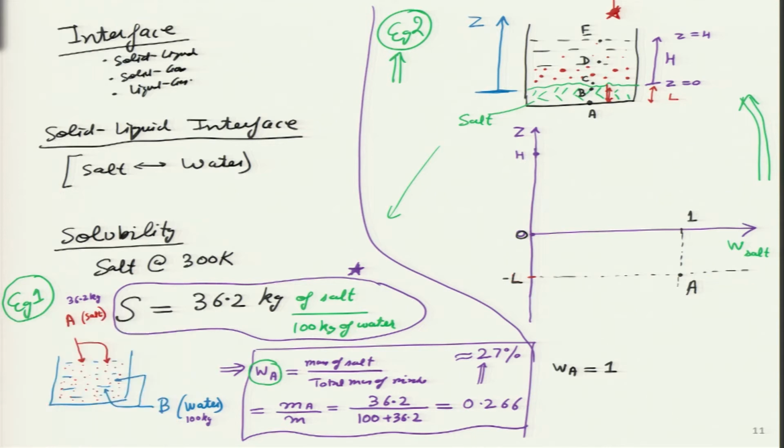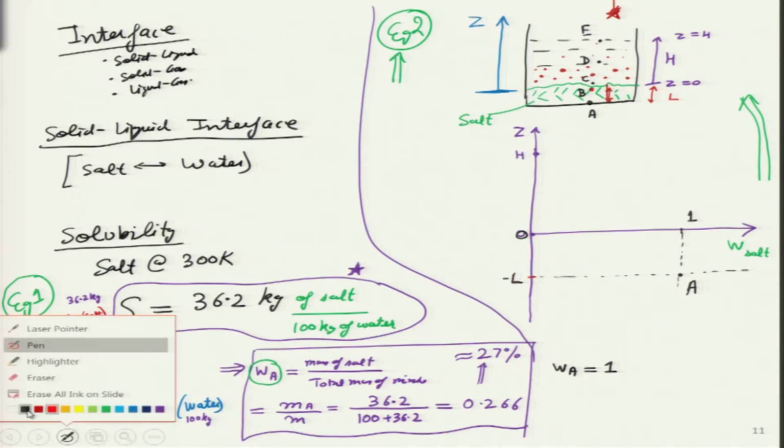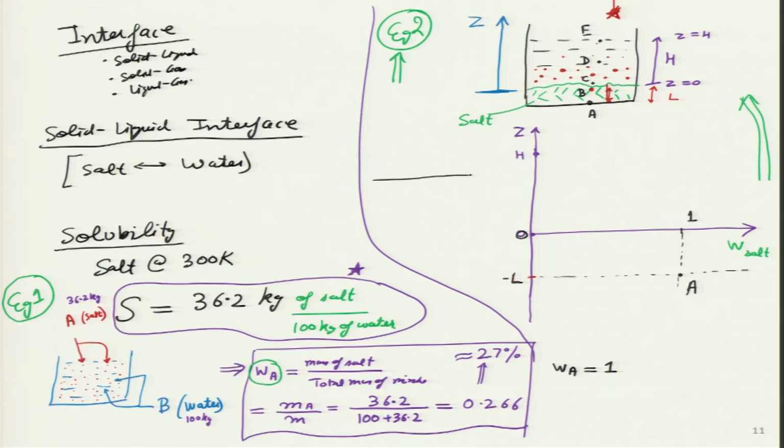Now, let me change color. Now I am talking about point B, which is this red dot over here. The way I have drawn this red dot, I will show over here, is that I am taking the interface like this line. This is something I am drawing as a zoomed in version over here. I am zooming in and trying to draw. This is the actual interface between salt and water, but what I am going to do is draw two very close lines over here, which means this interface I am making a little bit thick.